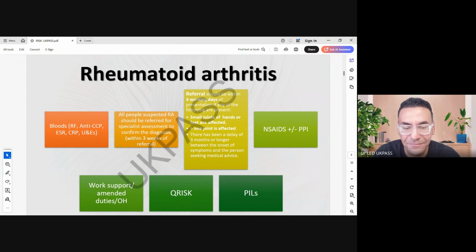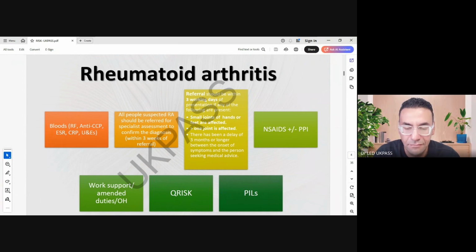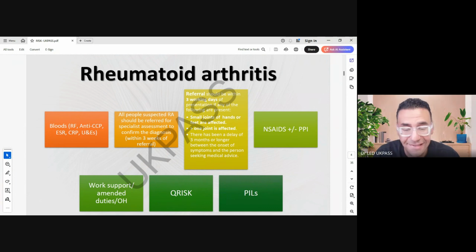Dr. Roni, please. Yeah, thank you very much. I understand your concern, and certainly it is a valid worry, what's going through your mind. However, to reassure you, we'll be doing regular checkups on you and monitoring bloods regularly, so we can detect any changes earlier and avoid getting any complication. Okay, perfect. This is a good answer. Yeah, thank you so much, Dr. Roni. There is also another thing.